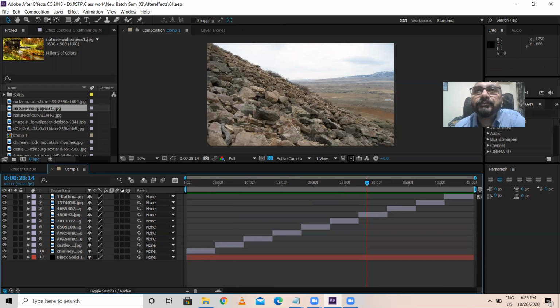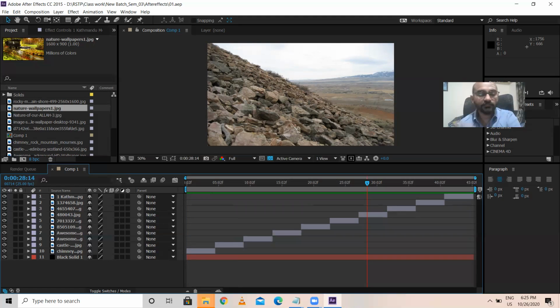So now what you can do, you will be having so many images, your own images. In your phone you might have taken a lot of images. Or friends, family members, images you might have taken. Or some good nature images you have taken. Collect all those images. Okay, import all the images in After Effects, one after the other. You provide this kind of very clear transition. Okay, so it looks so good. That's how you can do a corporate level of video.